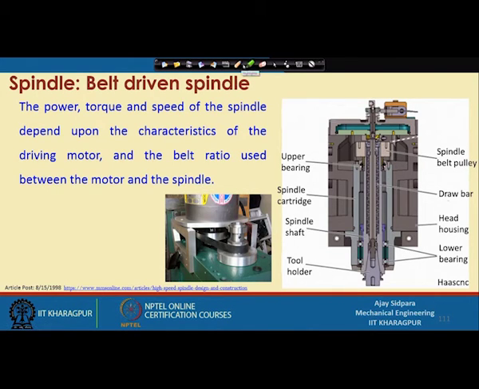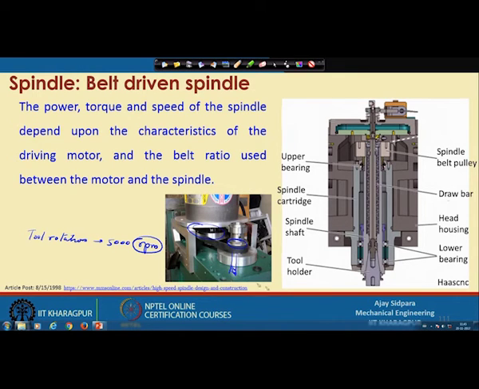Now, you can see here in this location that this pulley is big and this pulley is small, correct. So, now when you are telling your tool that the tool rotation is 5,000 rpm, you actually need 5,000 rpm here at this location, right.